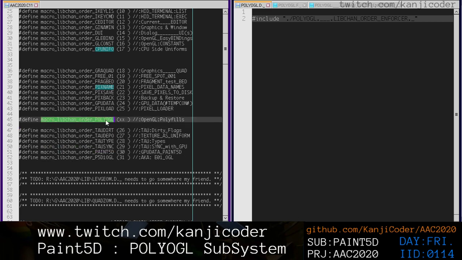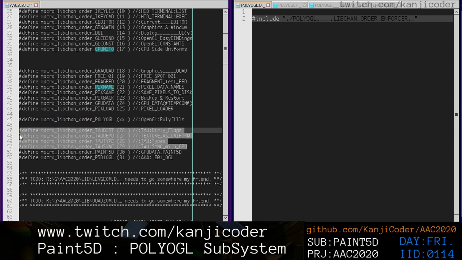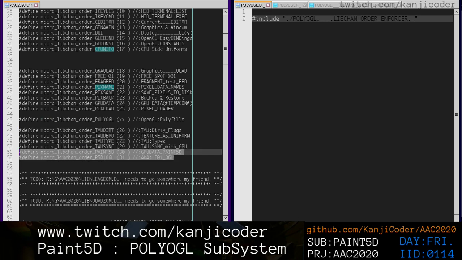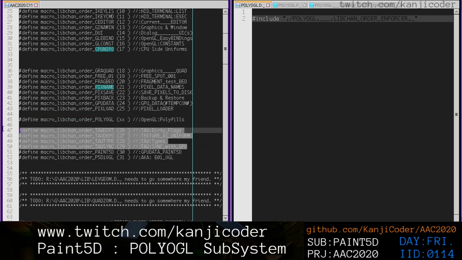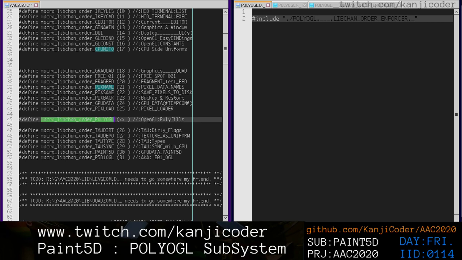So we want to have this before the tau systems, so that if they wanted shader code specific for the tau system, we could do that, right? Like, for instance, the PAINT5D system is going to use these polyfills, so therefore if we want a shader for this tau system, for subsystem 0, then we would also want these polyfills over here. So I think that we'll put this here,